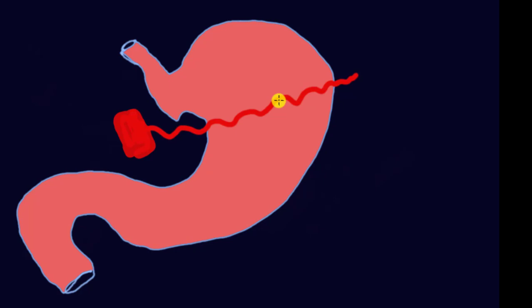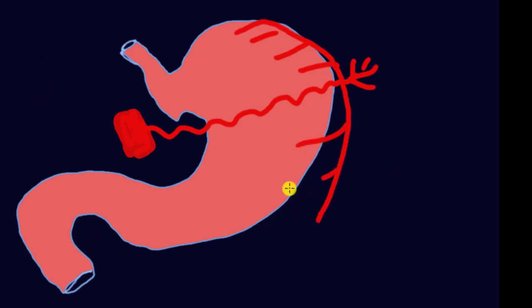From this splenic artery, there are 4-5 branches going towards the spleen. Along with that, here you will find some arteries coming from this splenic artery, 4 to 5 branches. They are known as your short gastric arteries. Like that, one branch is descending downward and supplying here. That is known as your left gastroepiploic artery.